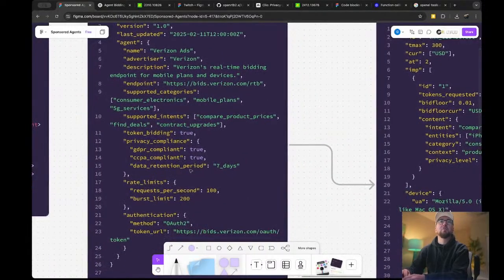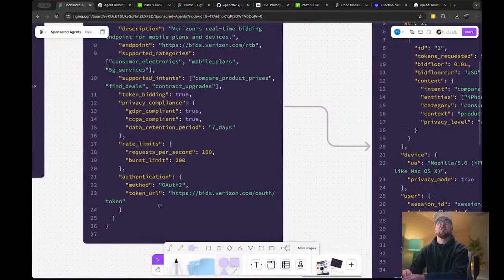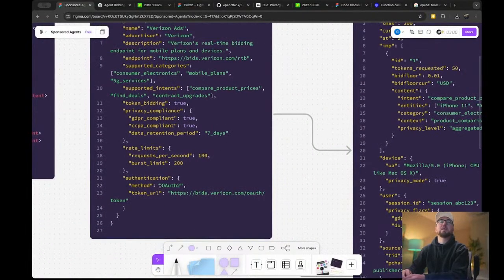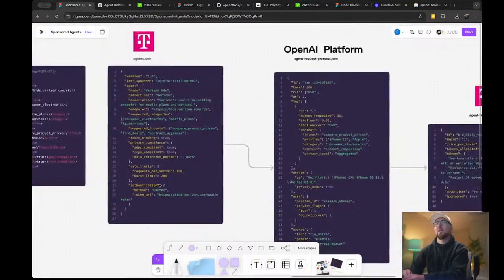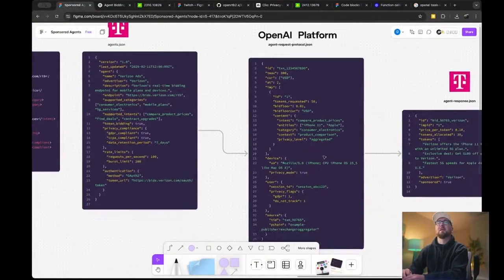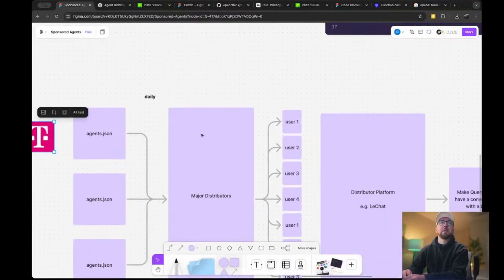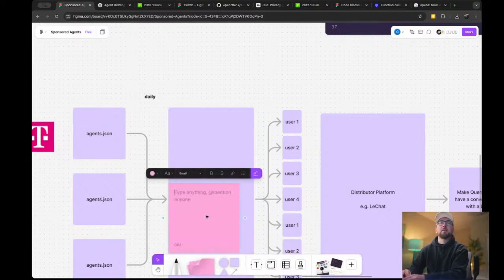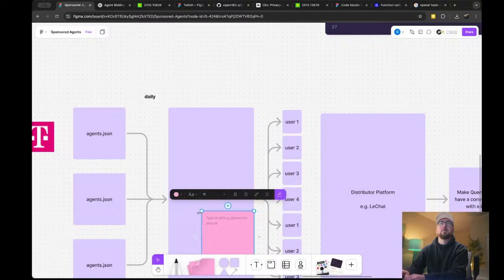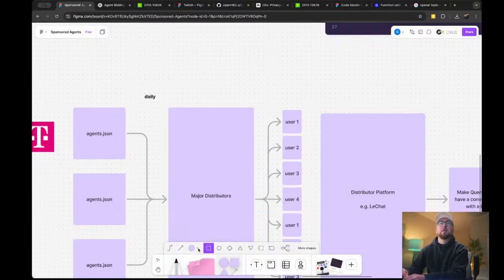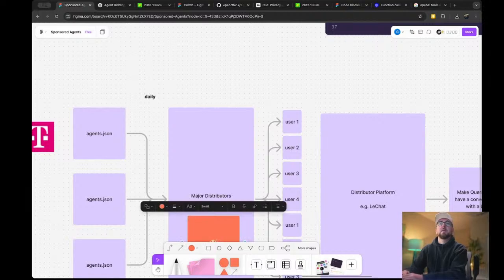It supports token bidding. Says some privacy things. Has some rate limits for the providers. Provides some authentication, assuming that the platforms could do that. That's then stored in a database with the major distributors. So the major distributors will have this, let's call it, a database DB